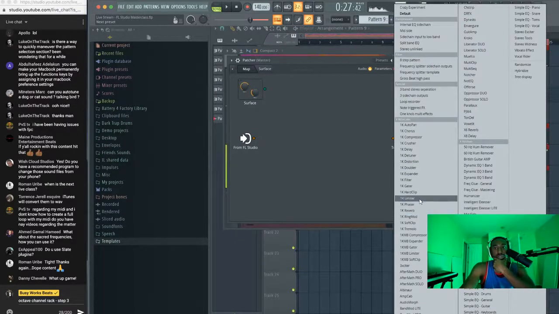So I'm looking for a saturator plugin. Now these are all named weird stuff. So you just have to go through and figure out what means what. 3 exciter, it was probably